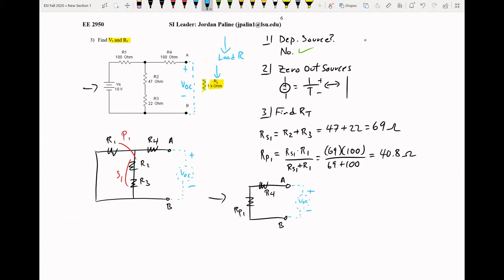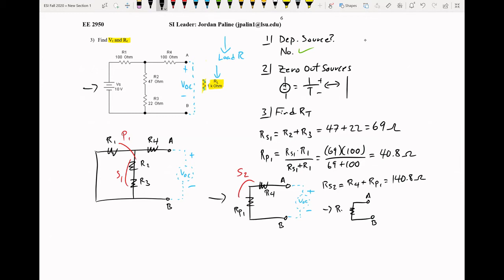Okay, so then now we see that the final two here are in series. So series 2. So R series 2 will be R4 plus R parallel 1, which will be 140.8 ohms. Then finally, if we drew it out one last time,